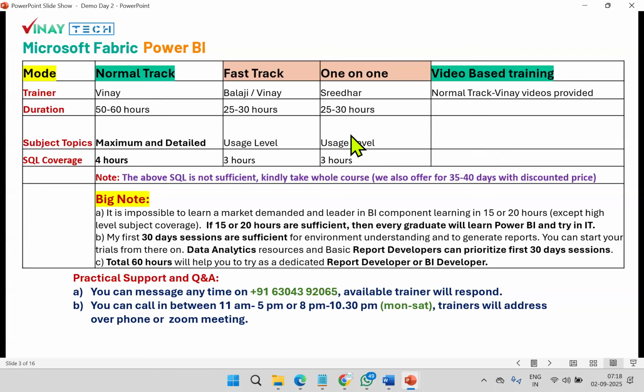They will not cover in detail. Not only in our institute, wherever you go, 50 hours subject, 60 hours subject, how come a trainer will cover it in 25 to 30 hours? Impossible. While traveling, we have speed options, but for explanation level, no speed options.